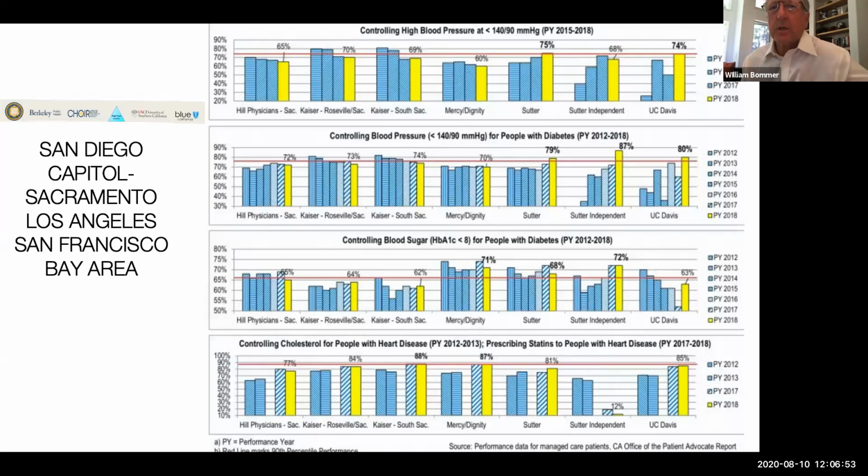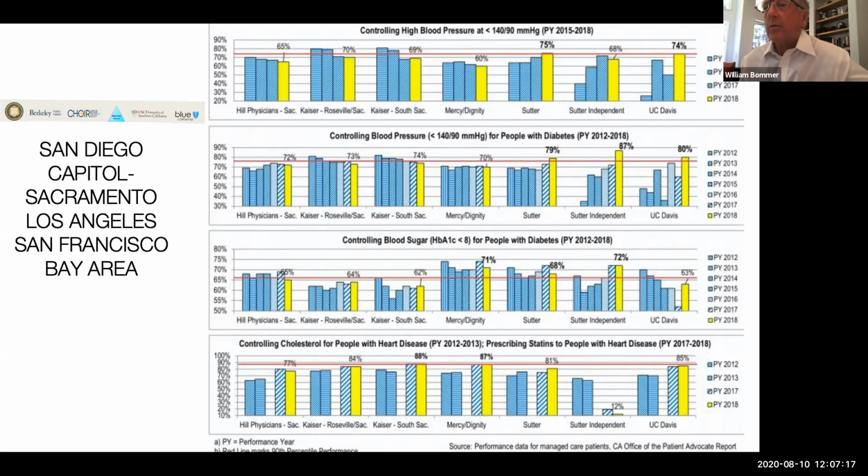So we went from San Diego to the capital or Sacramento area, included a program in Los Angeles, greater Los Angeles area, and also the San Francisco, San Jose Bay area as well, where the program is. The graph on the right shows the capital region, and it shows what we do in many of these areas